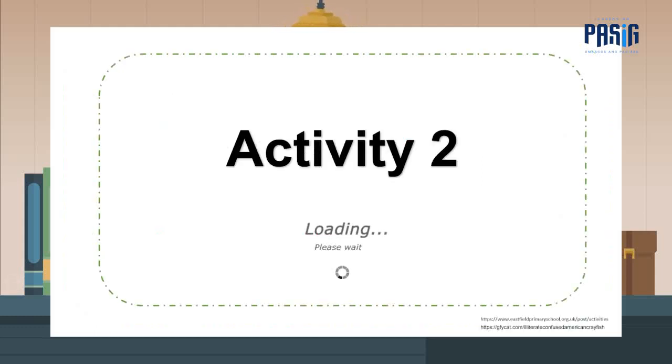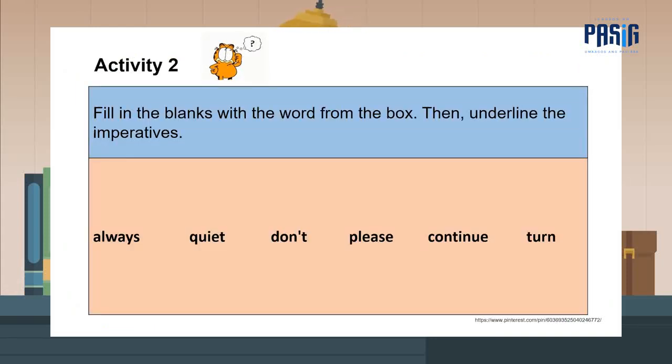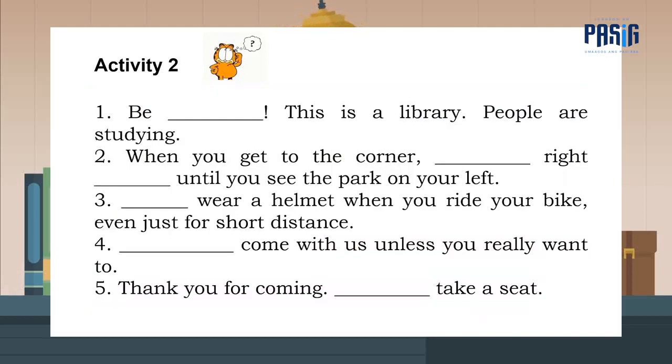there. For activity number 2, fill in the blanks with the word from the box, then underline the imperatives. Always, quiet, don't, please, continue, turn. Number 1, be blank. This is a library. People are studying. Number 2, when you get to the corner, blank right, blank until you see the park on